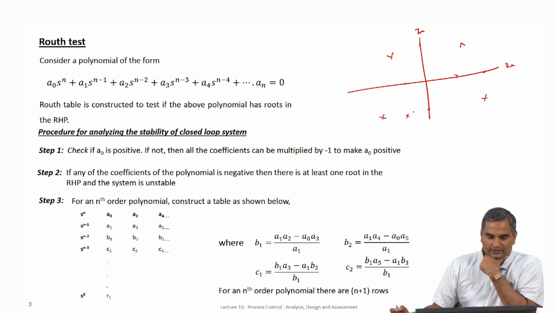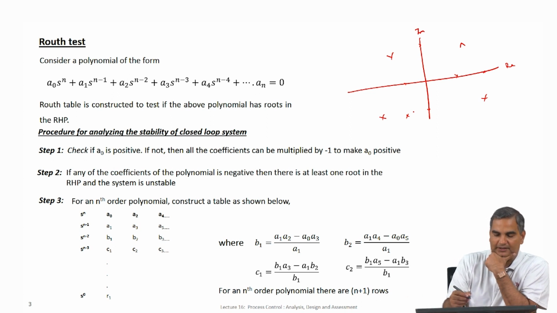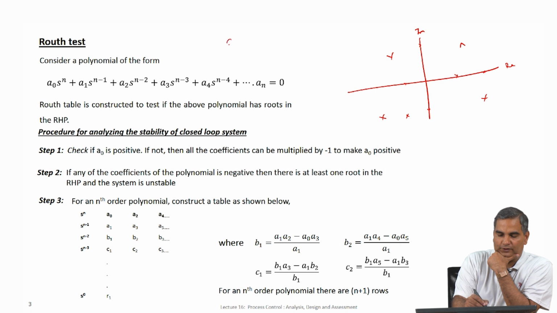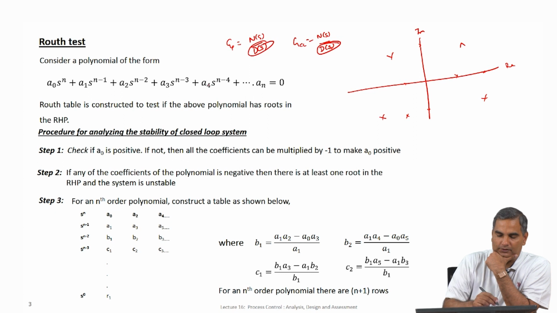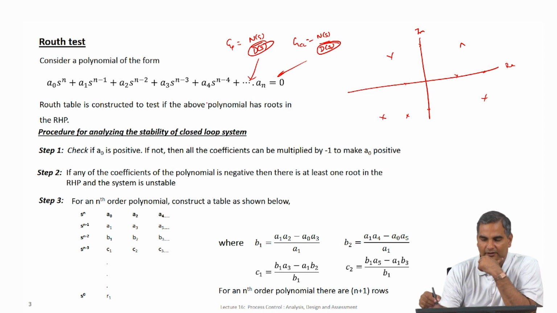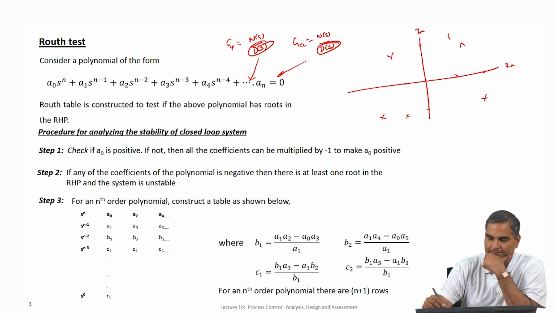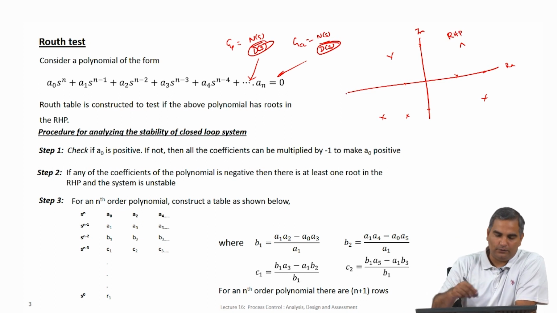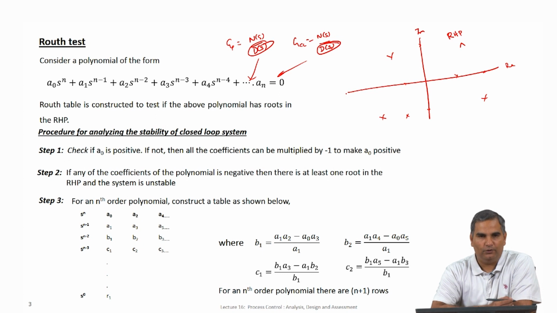So, our interest is basically in guaranteeing something for a polynomial. Also, let me set context. If you are looking at Gp of s as ns by ds, or it could be some closed loop transfer function which is ns by ds, we are always looking at the denominator polynomial. What we are trying to see is if we can guarantee the roots never fall into the right half plane. If I can guarantee that, then I know this polynomial will lead to a stable open loop, stable closed loop and so on. So, that is what we are trying to do.